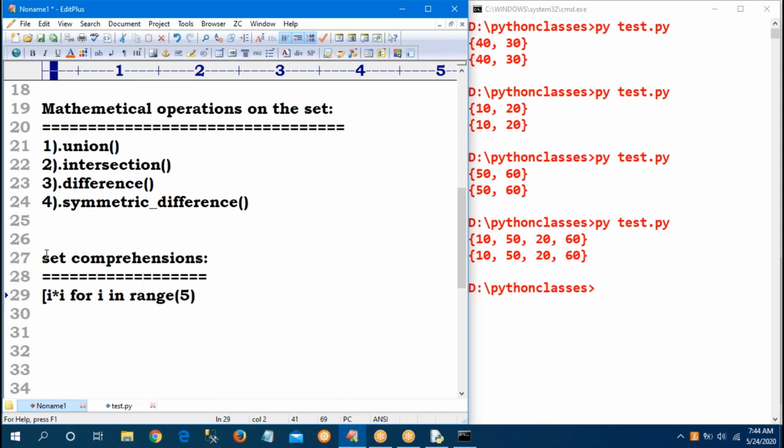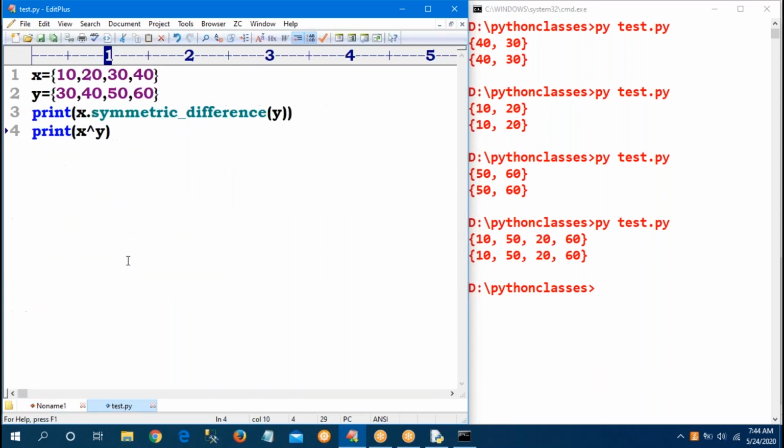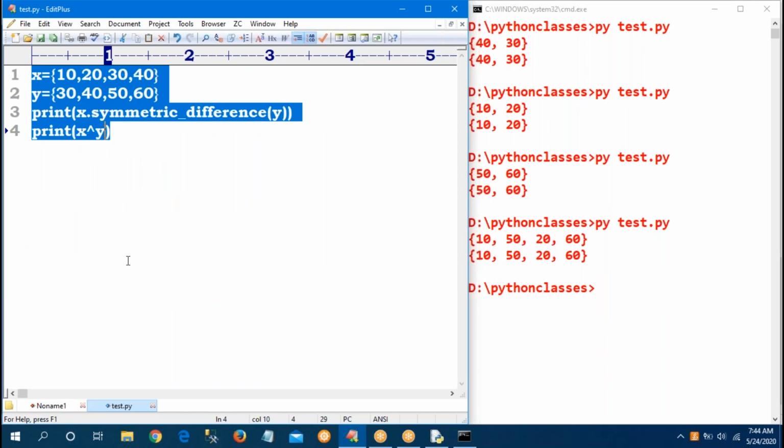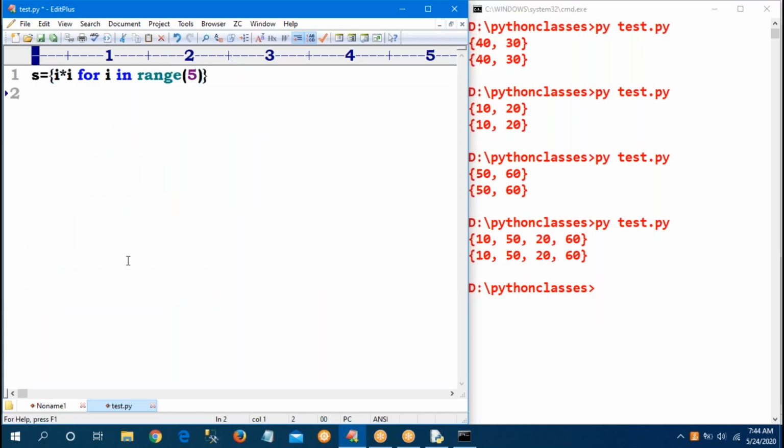If I give square brackets, list. If I give curly braces, set, and my program is completed. So list supports comprehensions, set also supports comprehension. You can ask the type of it, but tuple does not support comprehensions. Remember that.